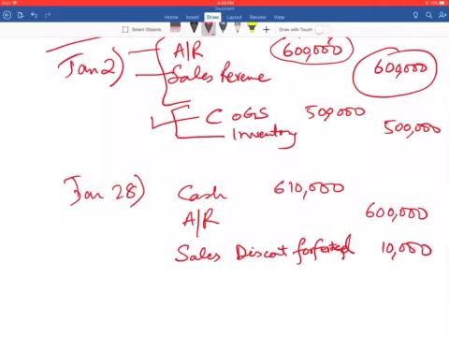This is almost like extra money you received, because your buyer, your customer, never made use of that discount, which is normally taken. The net method assumes that the customer normally takes that discount, but